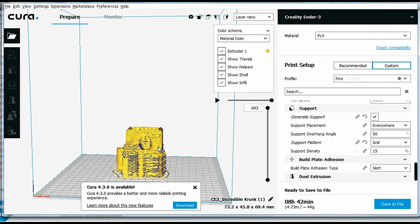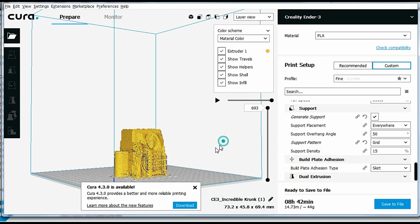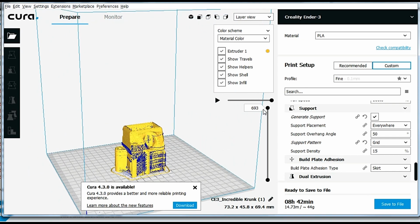I'm not saying that this is going to be the perfect settings. In fact, it's going to be titled The Perfect Settings, but I'm not going to end this video probably with the perfect settings, unless this ends up suddenly being the perfect settings, because this is the last one that I'm going to go with for this video. Then I'm probably going to play around with it some more. You guys know that I've already printed TPU on this, and I've gotten some really good results. It kind of all depends on